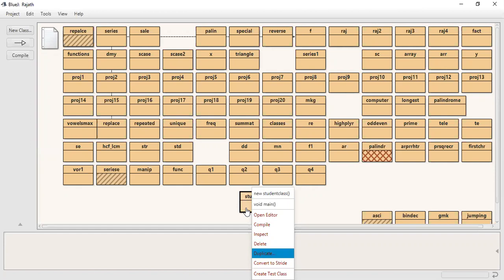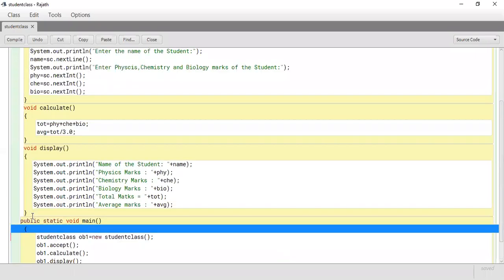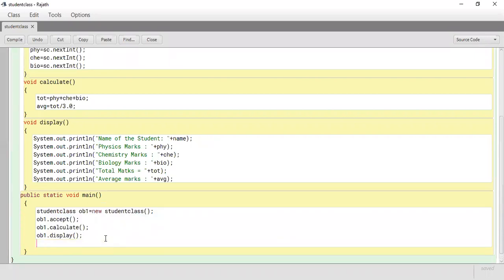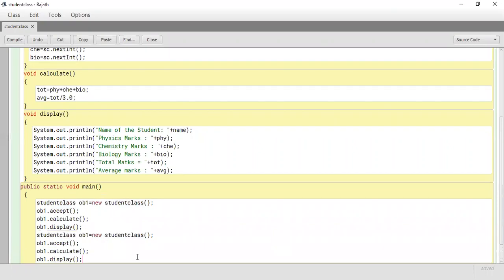We'll have only one object, and if I want one more object, I can create it. But once again, the hard coding I must do for that. Then always I have to do two programs here. I can create one more object like this. I can copy the whole thing and paste one more time now. But when I paste, instead of OB1, I should make it OB2. See, it says variable already exists. I have to make OB2, then I have to call OB2, OB2, OB2 here.